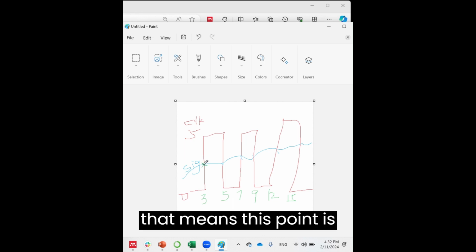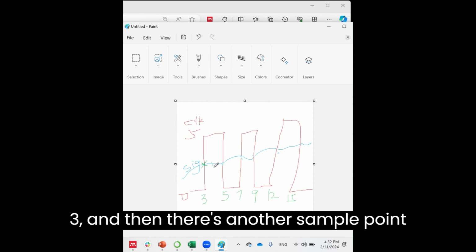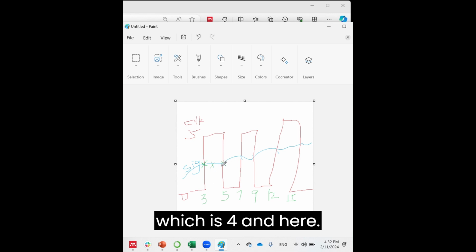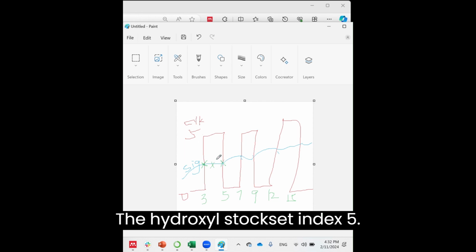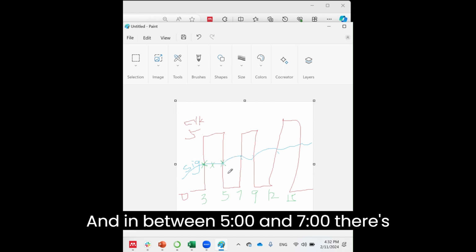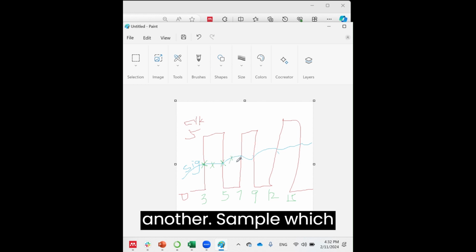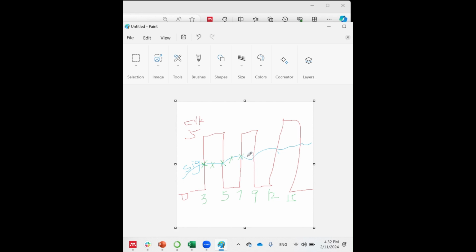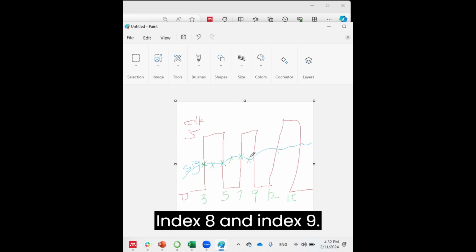This point is 3, and then there's another sample point which is 4, and here the high clock signal stops at index 5. In between 5 and 7, there's another sample which is 6. This is index 7, index 8, and then index 9. Here is index 12,